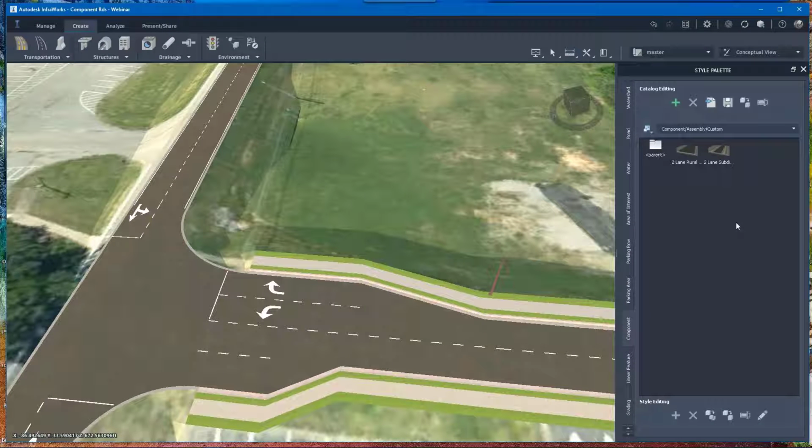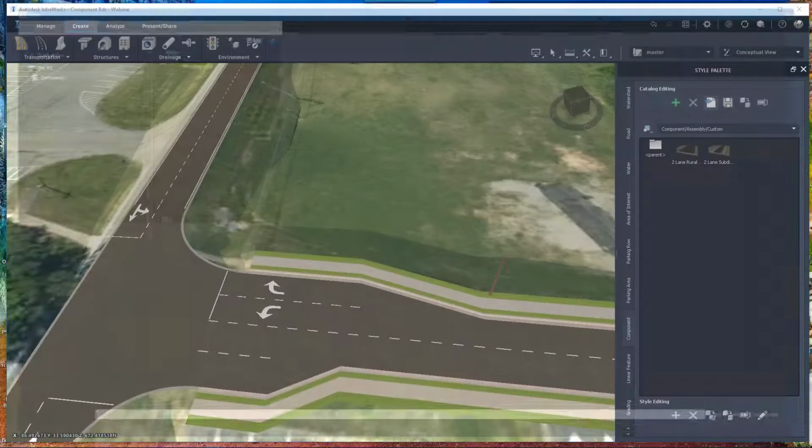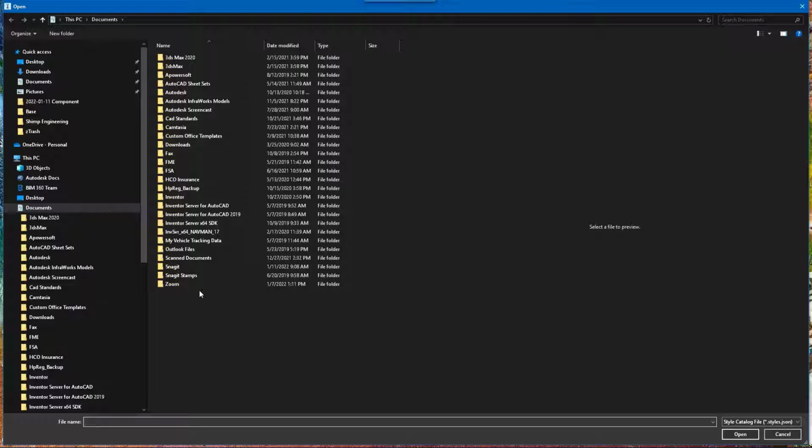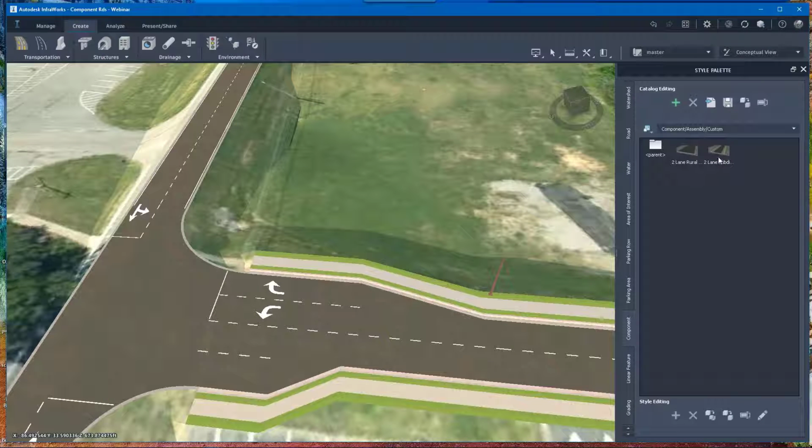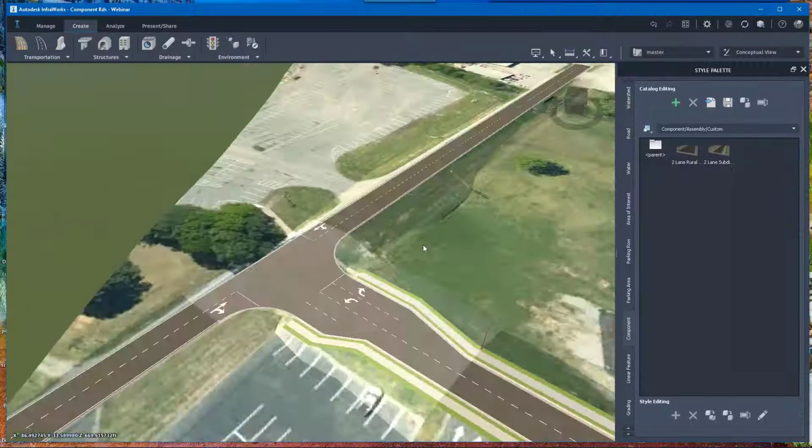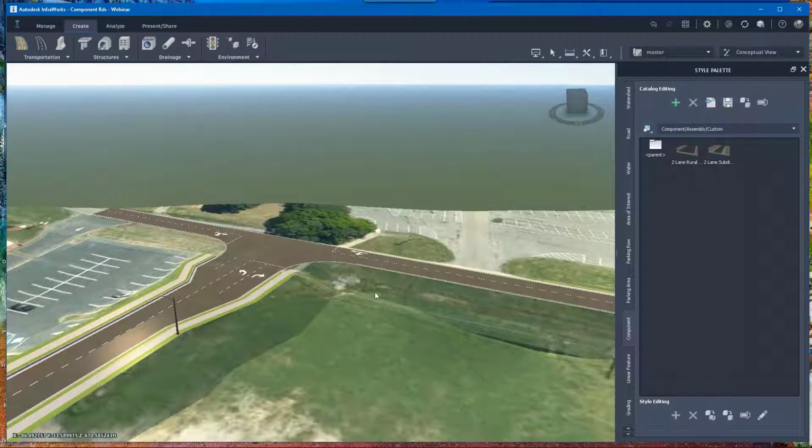And what they will want to do in order to access it, they'll want to go ahead and select import an existing catalog, select that same JSON file and import it. They will then have the catalog available. They will then have the assemblies available, and you'll be ready to utilize those same assemblies